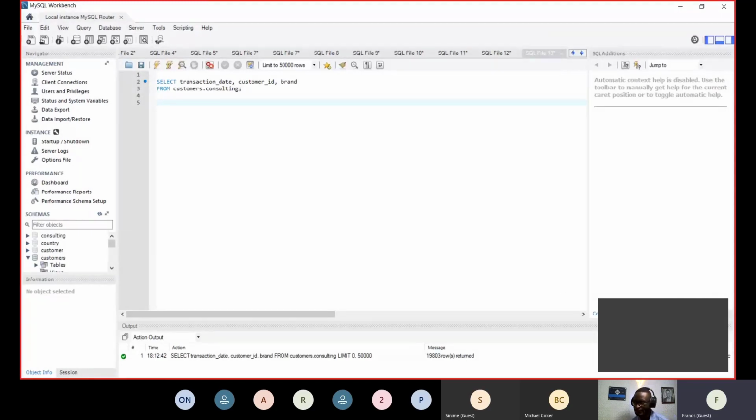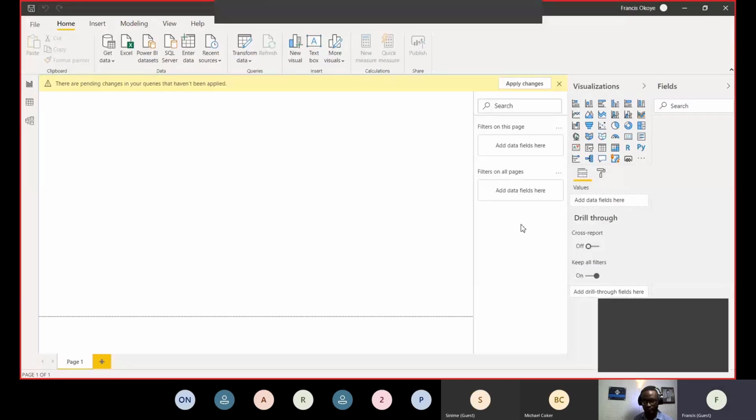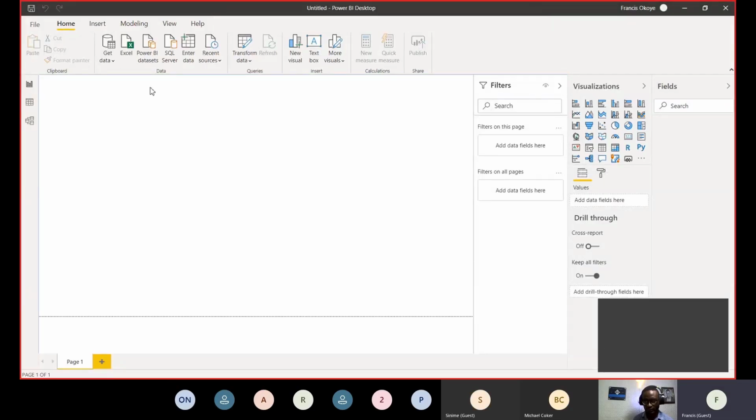Awesome. All right. So the thing with MySQL, if it was Microsoft SQL Server, you can connect it directly. But with MySQL, you can't connect it directly. So you need to download the MySQL Connector. When you're working with a MySQL database, you can't connect directly. You need to go and download the MySQL Connector. If you just search it online, you will see MySQL Connector, but they may have different versions that work. Okay. So once you have done that,